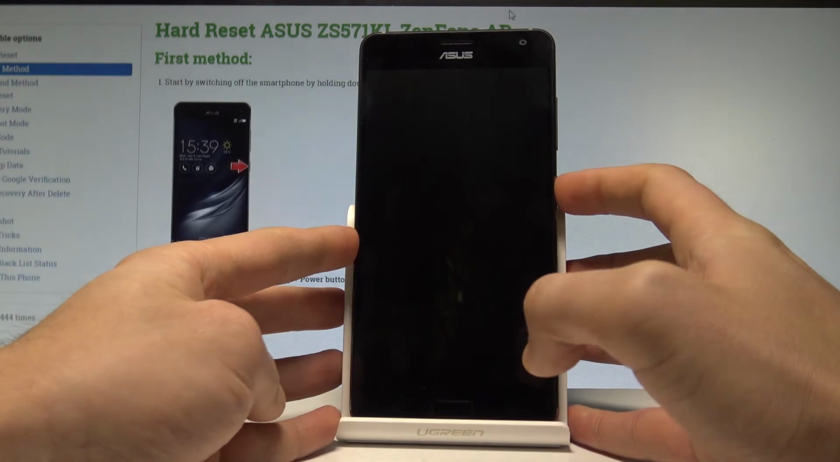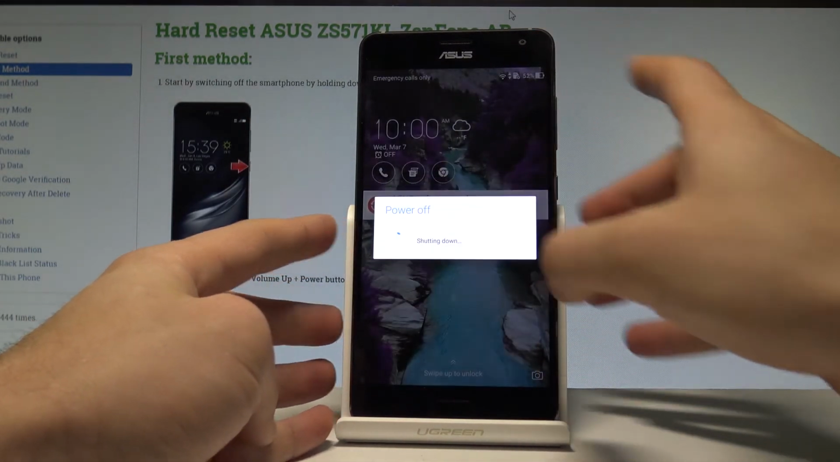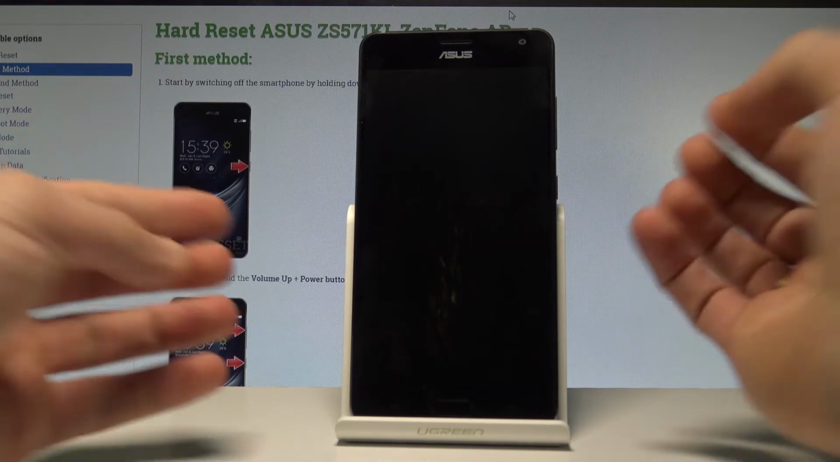At the very beginning, let's start by pressing the power key. From the following menu, let's choose power off and tap OK to confirm it. Wait until your device is completely switched off, and afterwards you have to use the following combination of keys: